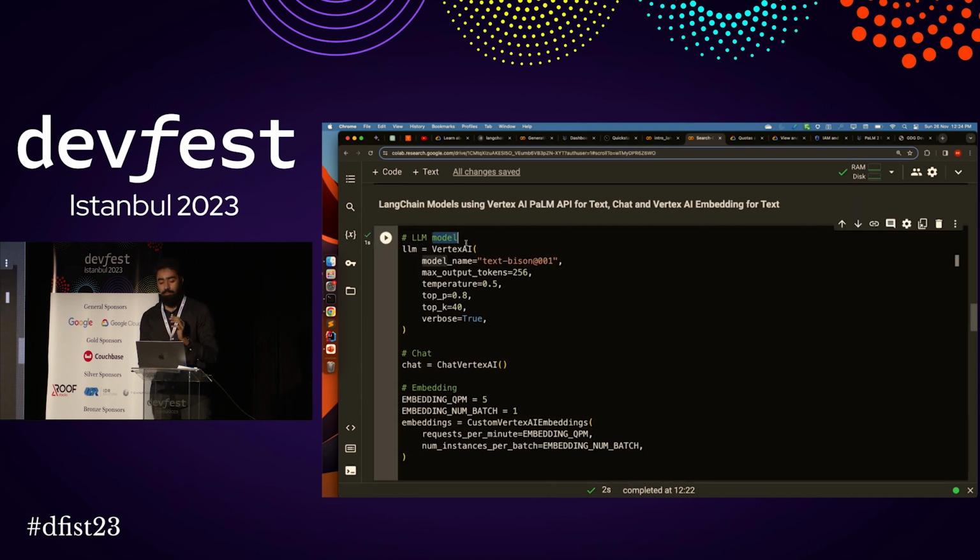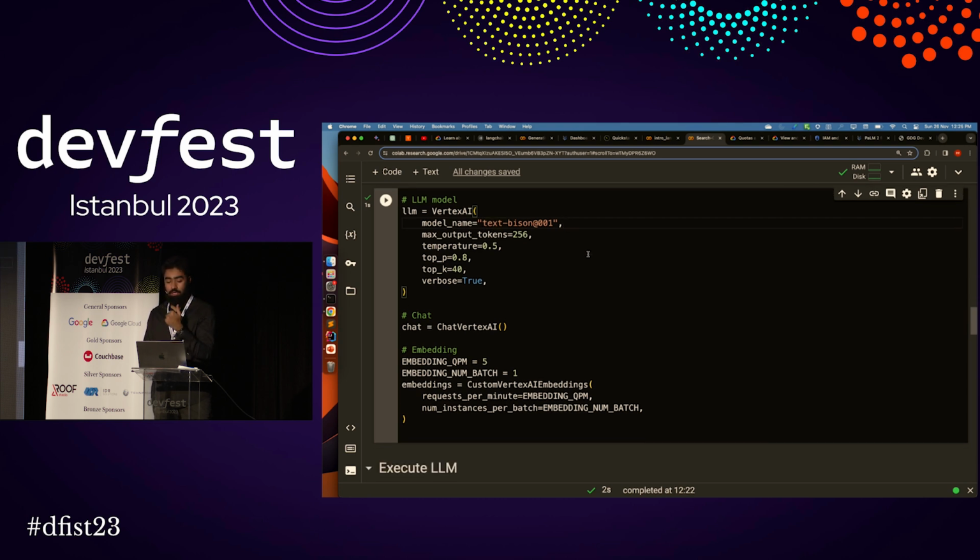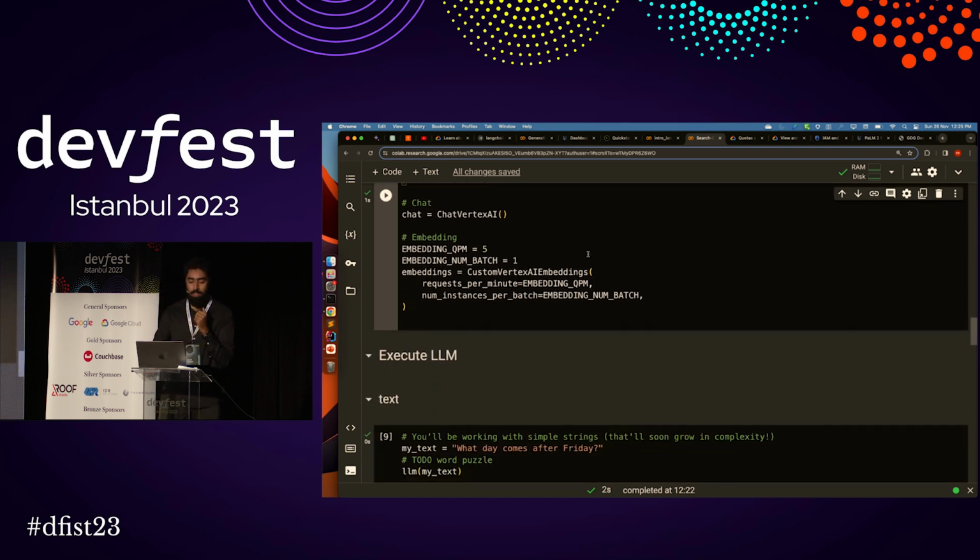This is the essential part. We are simply using Vertex AI, Google's helper function that is part of LangChain. And Text Bison is the model that we are utilizing here. You must have heard of GPT, GPT Turbo, GPT-4 Turbo. Text Bison is Google's model that you can integrate in your application.